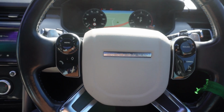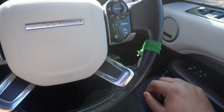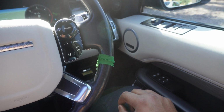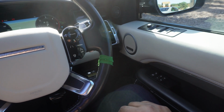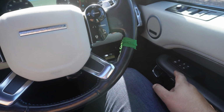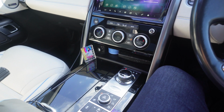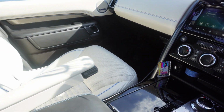Has the paddle shifters on the steering wheel if you need them. This particular car has a Meridian sound system, which is a full surround sound, full electric windows, electric mirrors, everything, and memory seats, as you can see here. And generally a very nice place to be, and very looking forward to taking this car for a drive, because